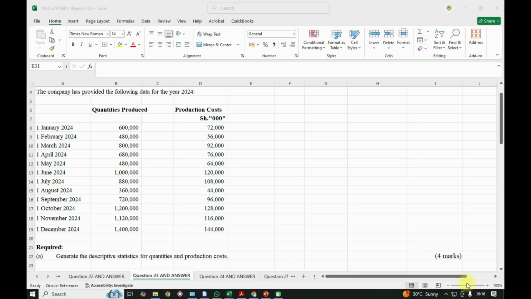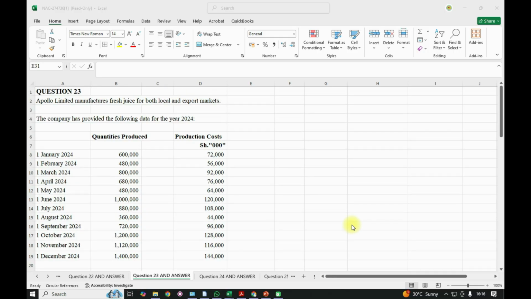So it's another day that we review the just concluded business data analytics for April 2025. So just review the questions and see the possible answers that the students were supposed to answer. And for this lesson, we are going to review question number 23, which was covering the management accounting and specifically regression,